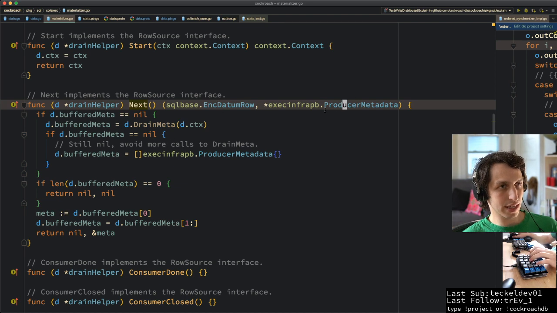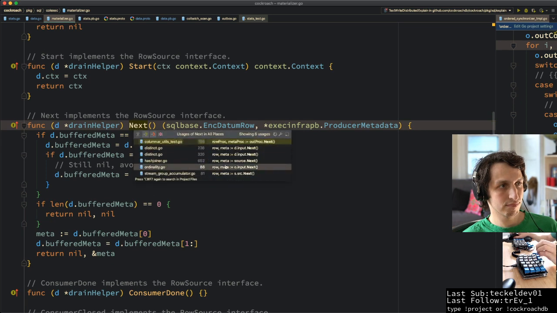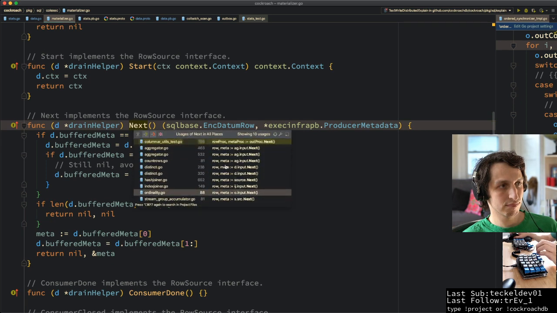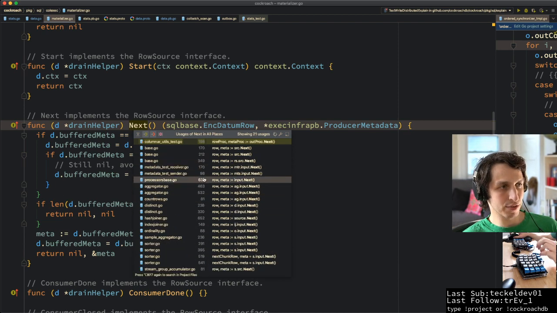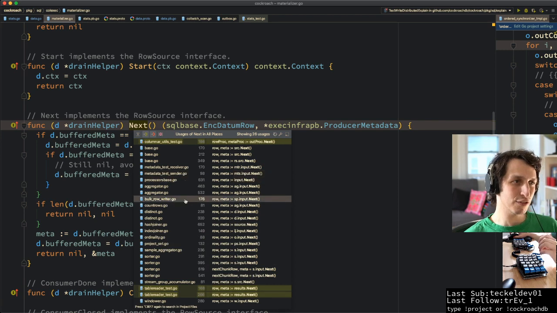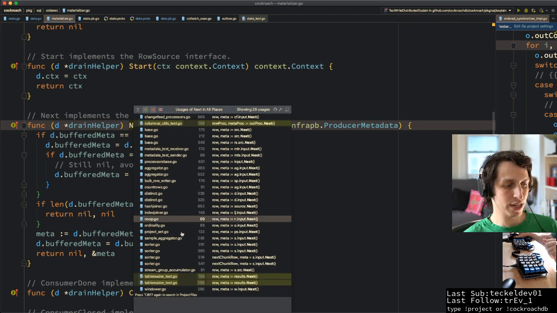It's kind of this. Who's calling this next stuff, and when do we end up using this metadata that next sometimes returns? This is, by the way, a little confusing for sure, because there are multiple next interfaces going on in here. One is sort of like a,